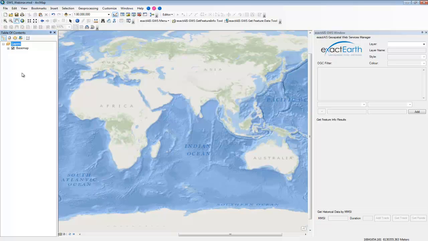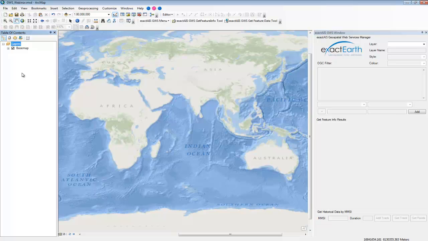The specially developed ArcMap 10.1 add-in enables users to take full advantage of geospatial web services by providing an easy-to-use interface to add and create filters, as well as identify and generate historical tracks, making the integration of exactAIS data even easier.